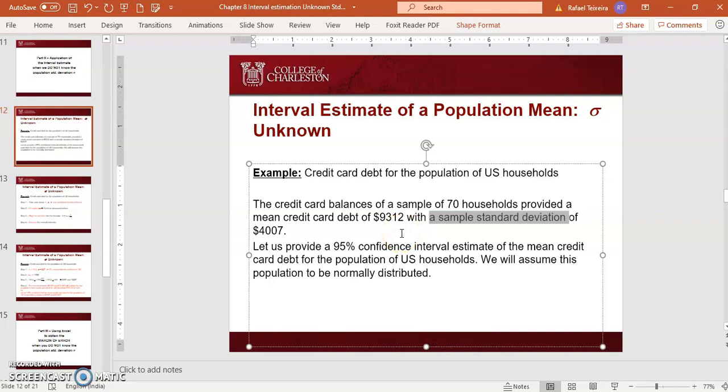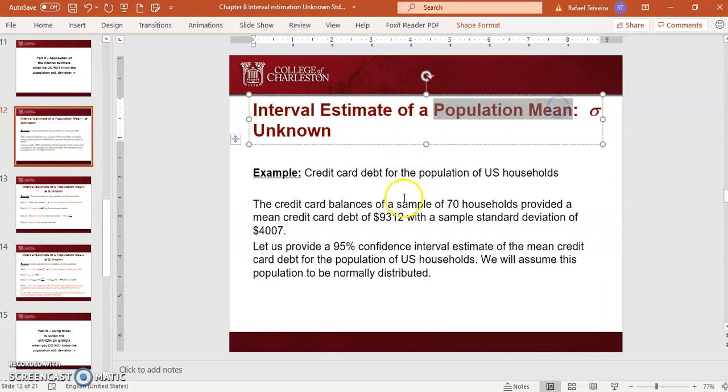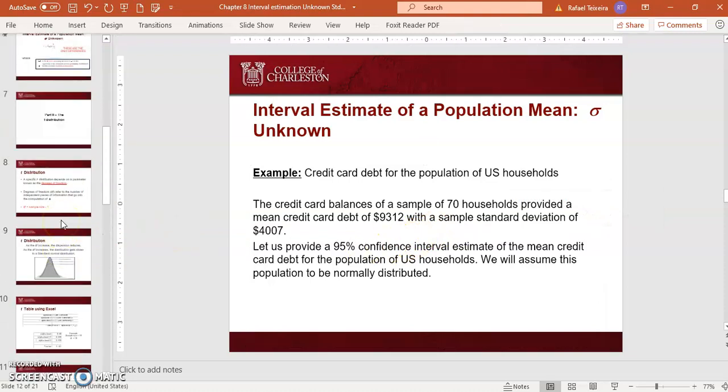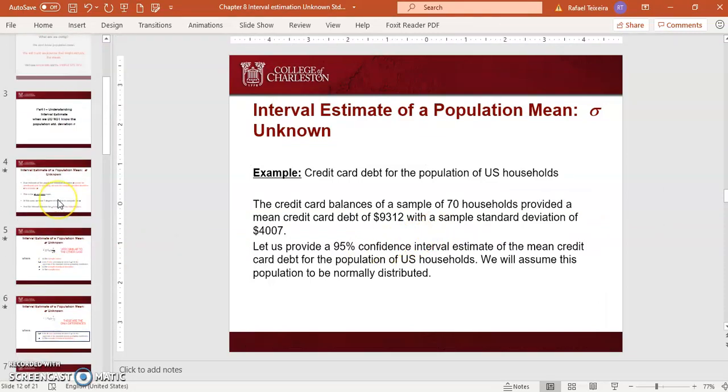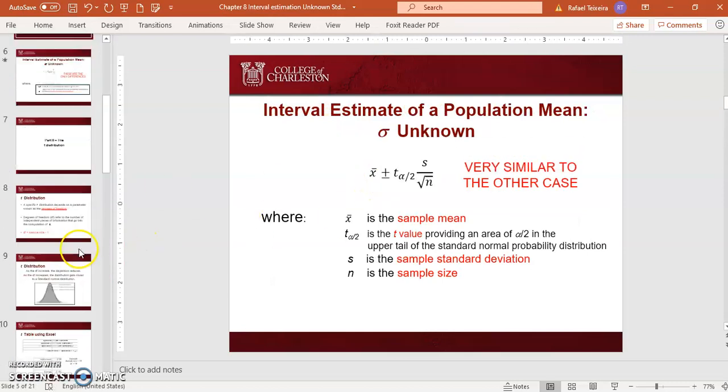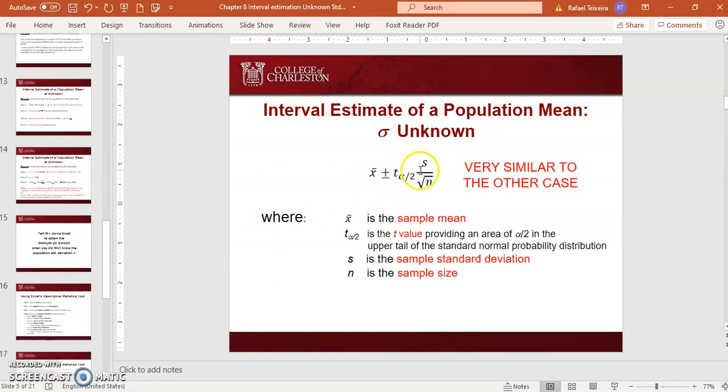We want to estimate the confidence interval for the population mean, but nowhere here does it say we know the population standard deviation. So if we don't know the population standard deviation, we have to use the formula that I showed you in the previous video, which is the formula with the t-value from the t-distribution and the sample